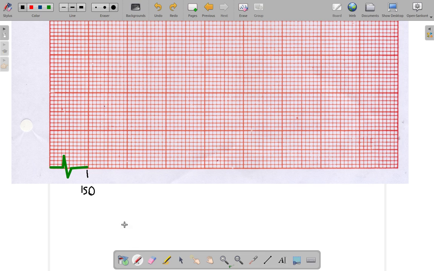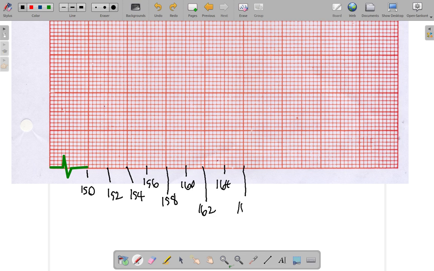So in this case, you will go to 152, 154, 156, this is 158, 160, 162, 164, 166, 168, this is 170, 172, 174, 176, and so on and so forth. All right. Now,